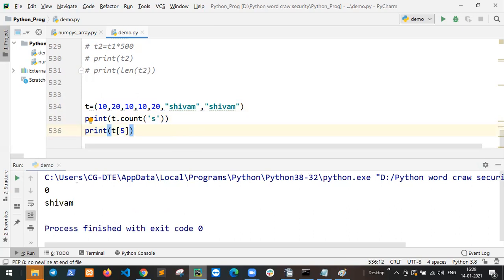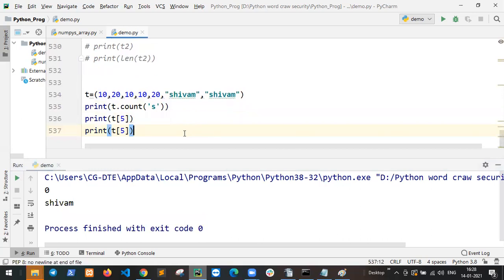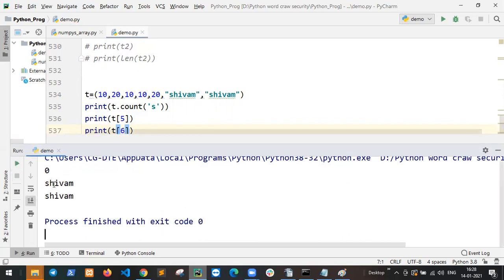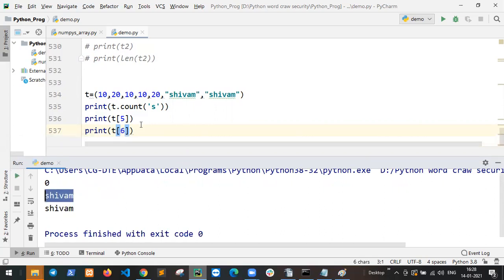So the count of S is 0. If I say 6, both are Shivam, because the value is the same but the index is different.